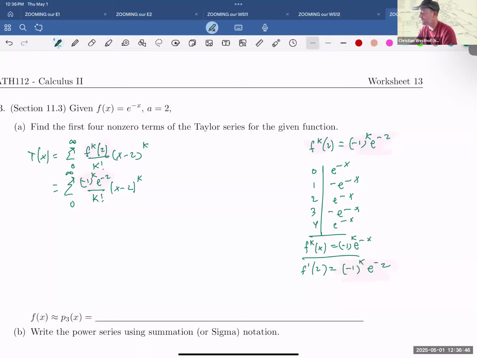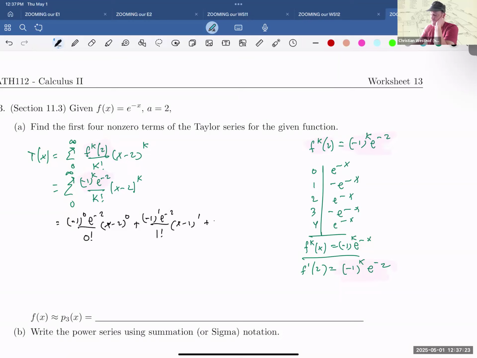So if we want the first four terms here, let's switch colors. The first four terms would be the 0th, first, second, and third term. When k is 0 it's the first term, when k is 1 it's the second, and so forth. So when k is 0, we get negative 1 to the 0, e to the negative 2, over 0 factorial, x minus 2 to the 0. And then plug in the same situation, except our k's become 1, then 2, then 3. So we get negative 1 to the 1, e to the negative 2, over 1 factorial, x minus 2 to the 1, plus